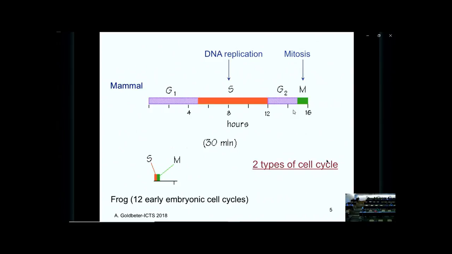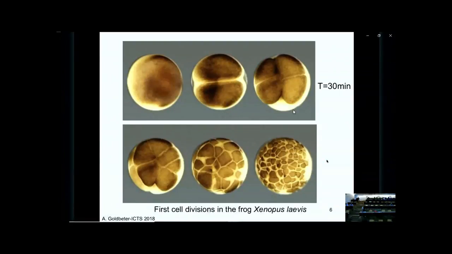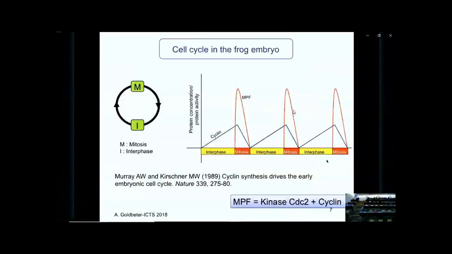So I will start with the frog, where the first division cycles are rapid, as I said, about 30 minutes. And so the question as to what is the biochemical machinery which is driving these cell cycles was studied much in the 70s and the 80s. And the view which was reached at that time was that